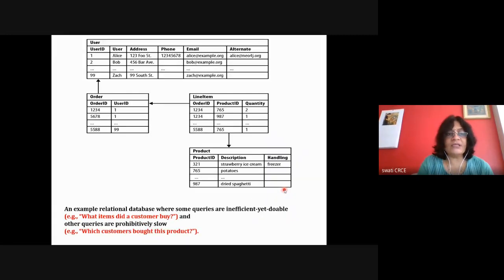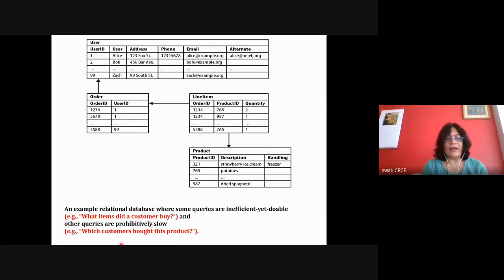But if we have the corresponding relational database management system, we may have tables like a user table, because we do the normalization and have a user table where user information is stored. Then there is an order table where all the orders are stored, and the corresponding user IDs who placed each order are maintained. Then for a particular order, the detailed information, like the product ID and the quantity belonging to this order, and there will be a product table.